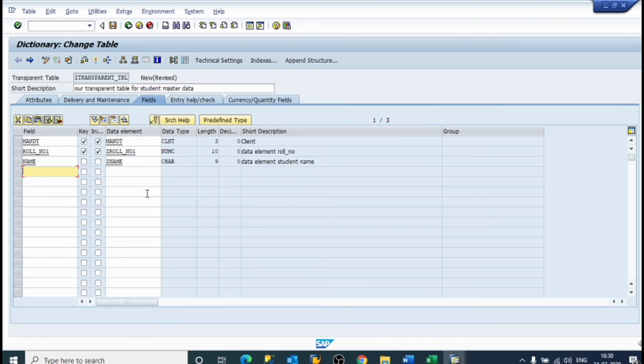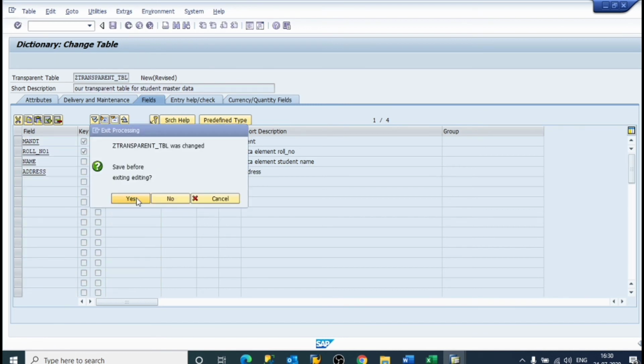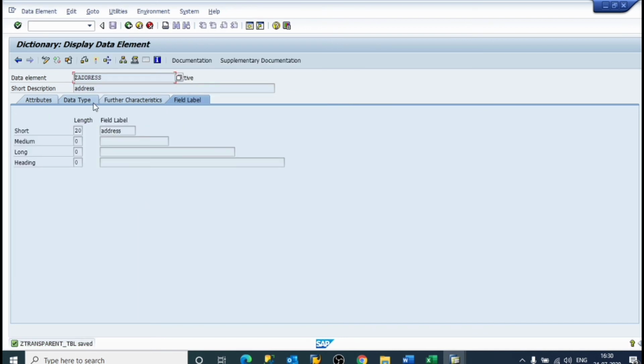Now we'll create another field name as address. ZADDRESS. We'll just display to change data element.